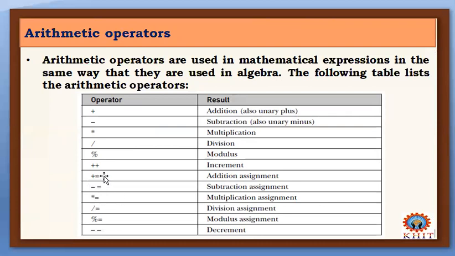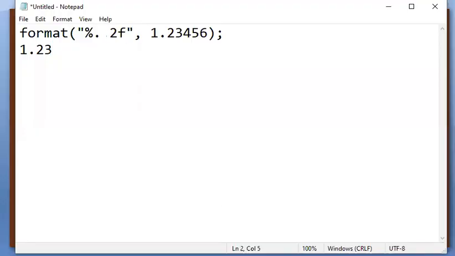If you want to write A is equal to A plus B, this can be written like A plus equal to B. Like this we can write. So this is called the compound assignment operator. With the help of any arithmetic operator, equal to will be added.